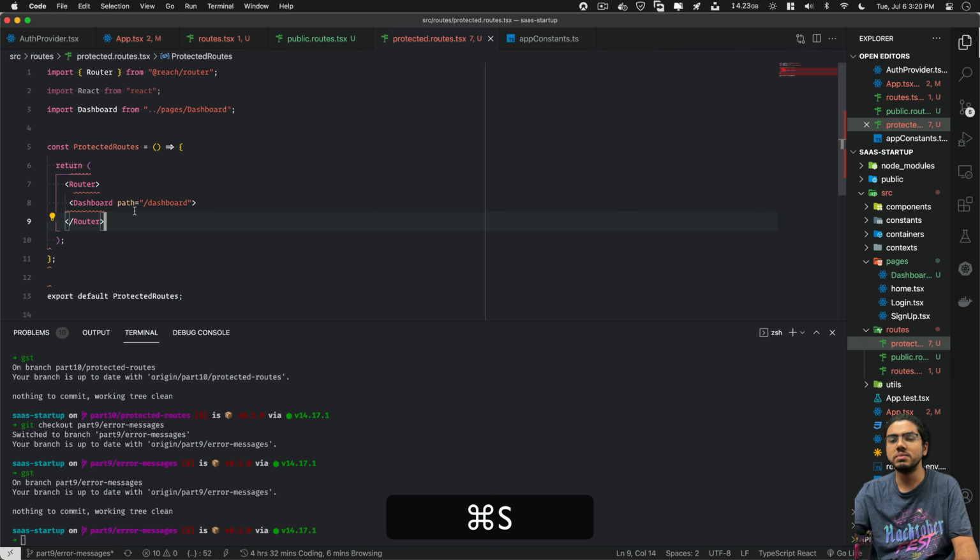Yes, it's now happened. Now what happened? Route. Okay, it should be router. Yeah. So our code is happy. So now, as you can see, we have made a protected route and public route. Now we'll call, let's name this component as routes.